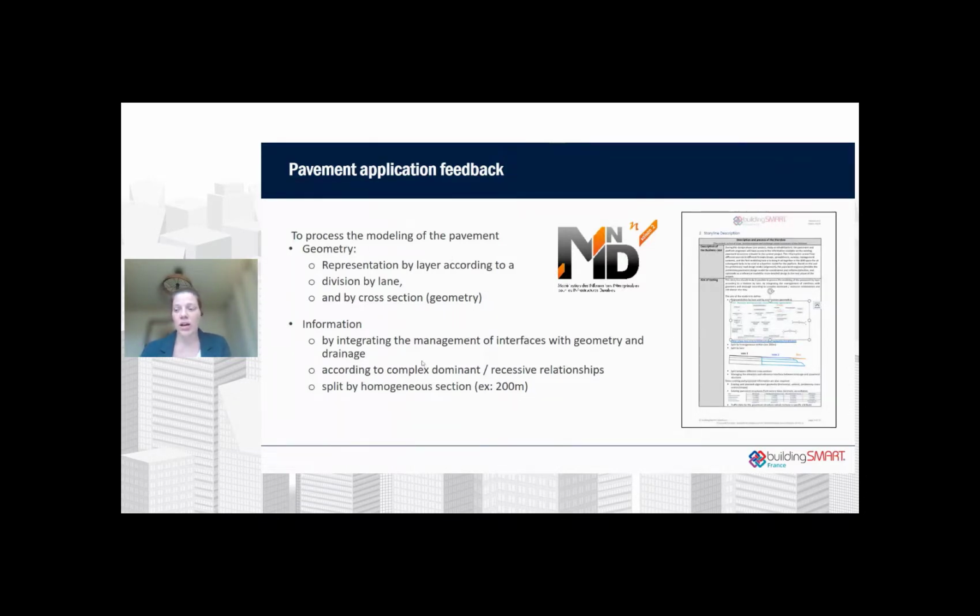First of all, as we were in a specific domain, we need to scope a little bit what we want to see. So it was a question about how to represent things on one side, but more important, how to generate and organize some information about pavement. Yannick showed you some elements regarding drainage.